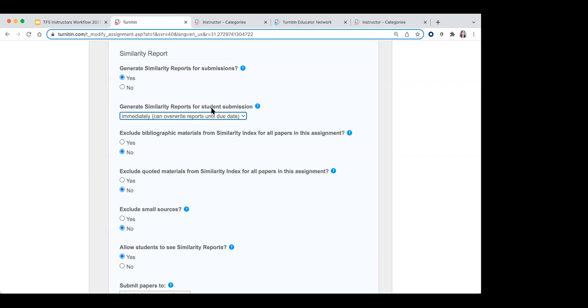When we mean allowing resubmissions, every time the student resubmits their report, the similarity report will be generated immediately. This is actually a recommended setting. This is what I am recommending if you want your students to check the similarity score themselves,